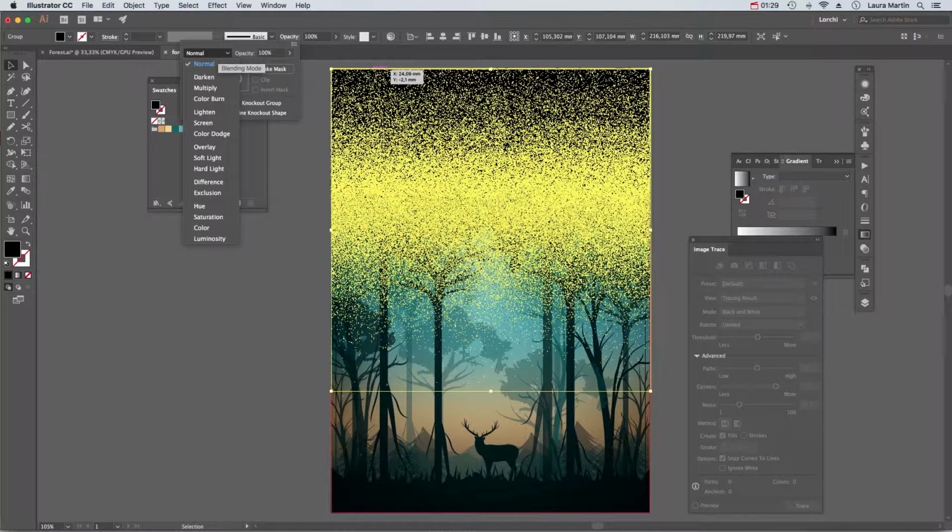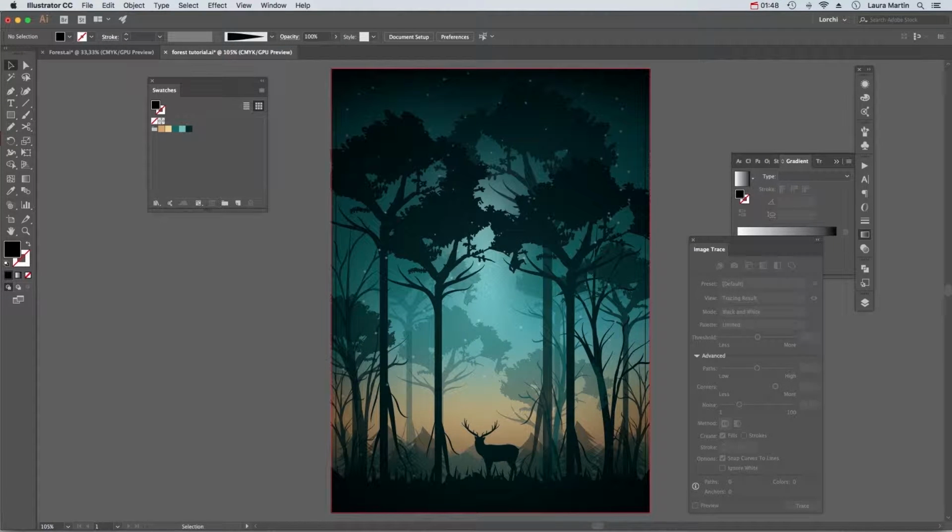And set the blending mode to soft light. Change the opacity to 70%. And our vector grain texture is finished.